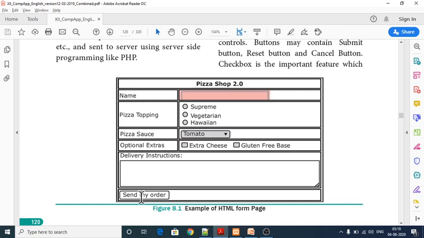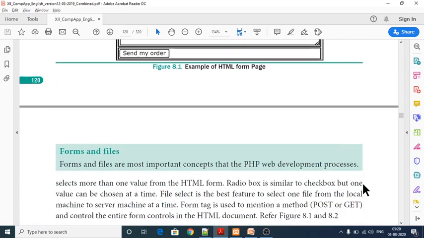fed by yourself by their server machine with the help of PHP, and they can get your data and they will deliver your order to your address. Okay, so this is how forms work. So next one is